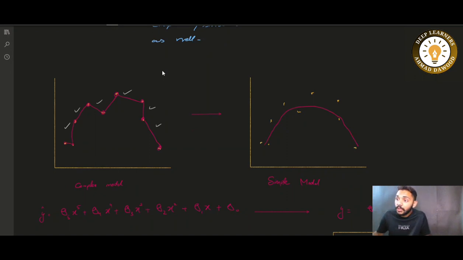By minimizing the error until you have almost zero error, you fall into a model which is overfitting your training data points, not generalizing them. Now our aim is to avoid that type of overfitting,